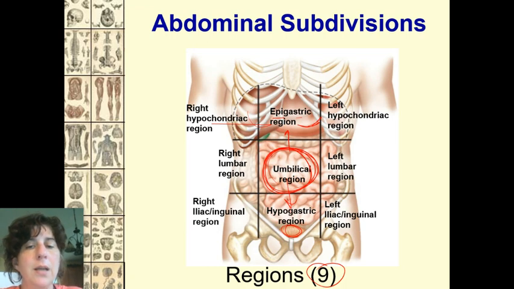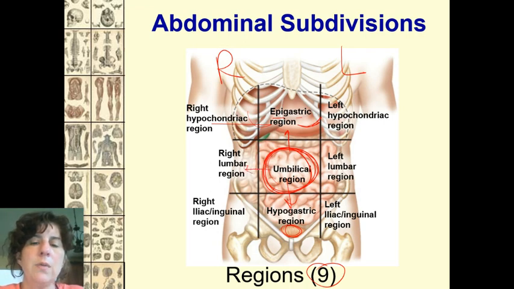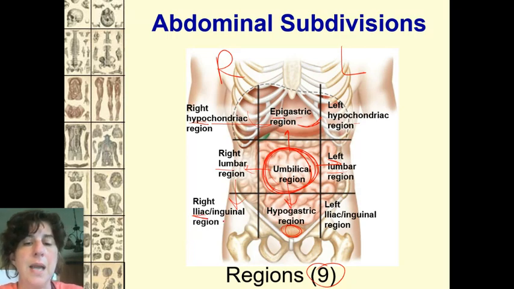And then we have right and left. Remember, it's his right and his left, not your right and left. So directly right and directly left are the lumbar, right lumbar and left lumbar. Above that, we have what's called a hypochondriac, so we have right hypochondriac and left hypochondriac. And then below, there are 2 names for this, and it depends on your textbook. It's sometimes referred to as iliac.